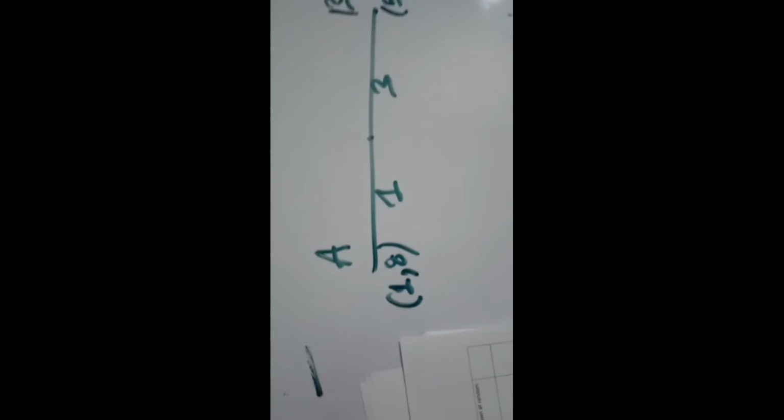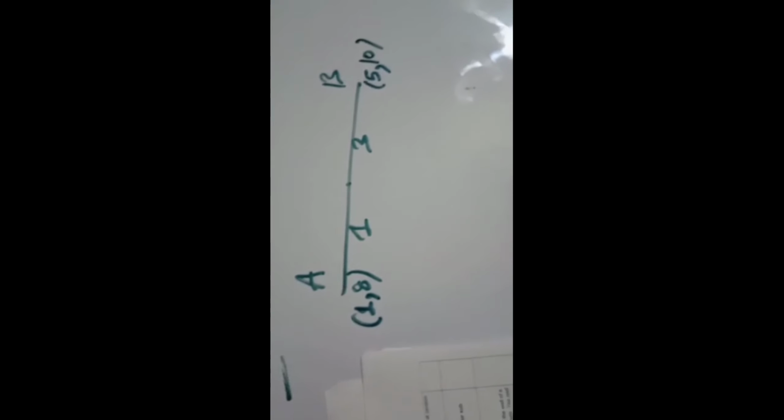Now see the y coordinate of A. You have to count from 0 here. When you count 1, 2, 3, 4, 5, 6, 7, 8, there are 8 squares, so this will come 8. Now the y coordinate of B: A and B have only a 2 column difference, so if A is 8, B will come 10. Otherwise from 0 you can count these squares 1, 2, 3, 4, 5, 6, 7, 8, 9, 10. So here 10 will come.